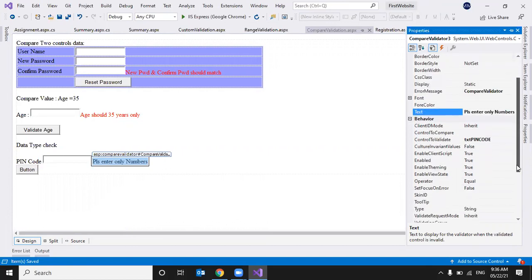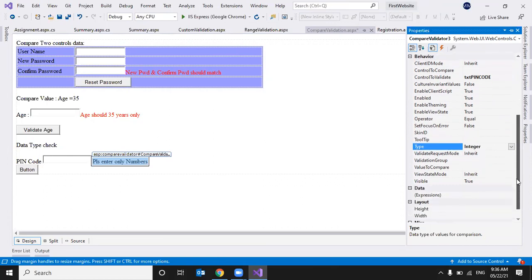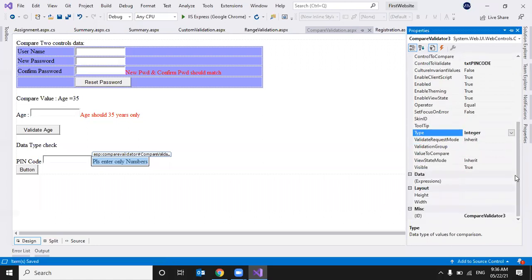Now, as we have to enter only numbers, I'm selecting type as integer. Control to validate, type is integer. That's it. Now I'll run it.